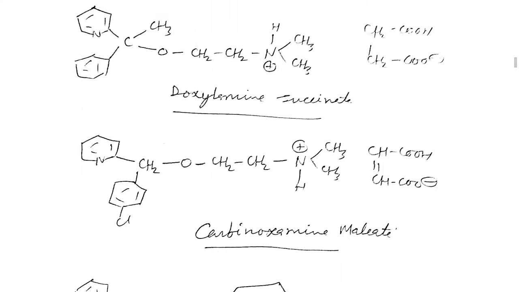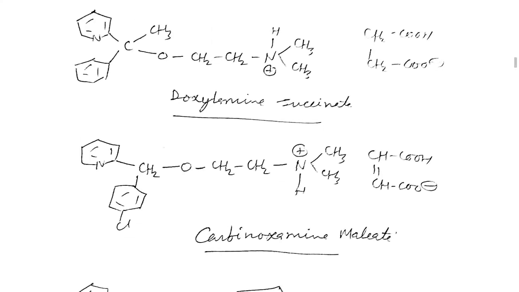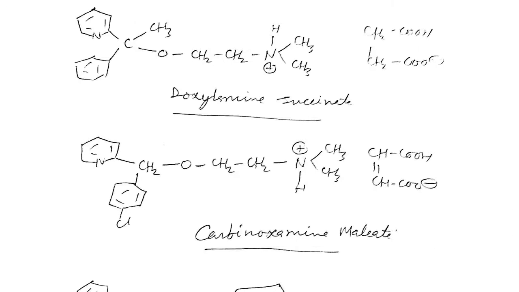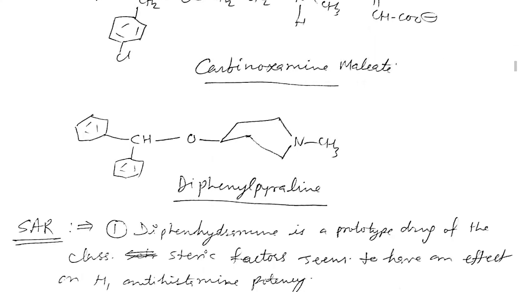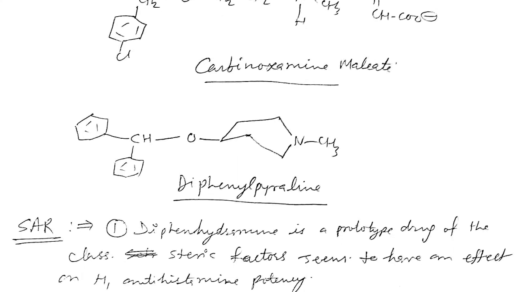Carbinoxamine is again similar to doxylamine, only substituted by a chlorine group. Doxylamine is a succinate derivative, and carbinoxamine is a maleate derivative. The methyl group present at the carbon in doxylamine is not there in carbinoxamine; there is a hydrogen. So the last compound or example of this ether derivative is